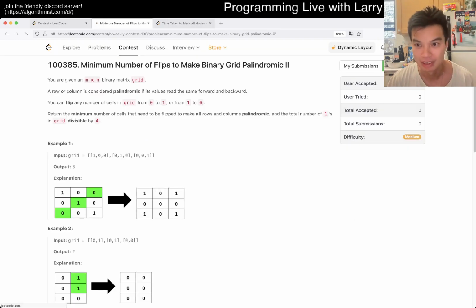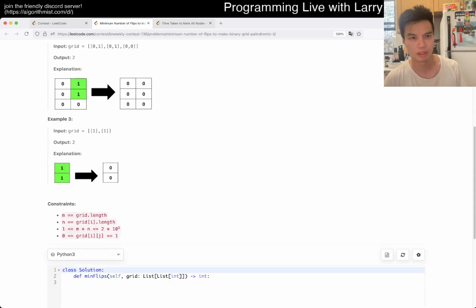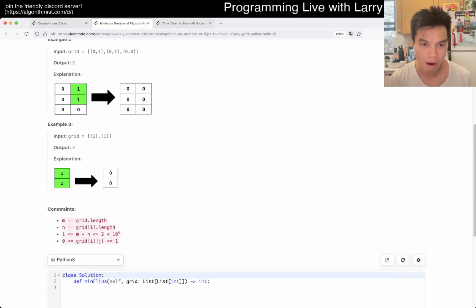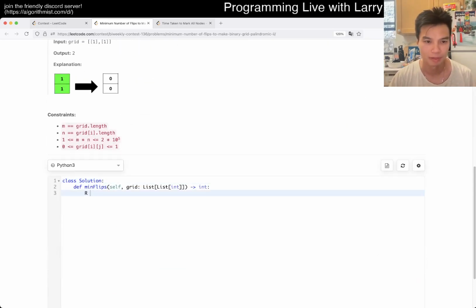Thanks, Larry. Okay, well, 72 people. Oh, okay. Backwards. Okay, rows and columns, but grid is divisible by 4. Oh, number of ones is divisible. Number of ones are divisible by 4. Huh. This was the one. I mean, I didn't know the divisible by 4 part, but this was the problem that I was making up for Q2. That's why I was like,